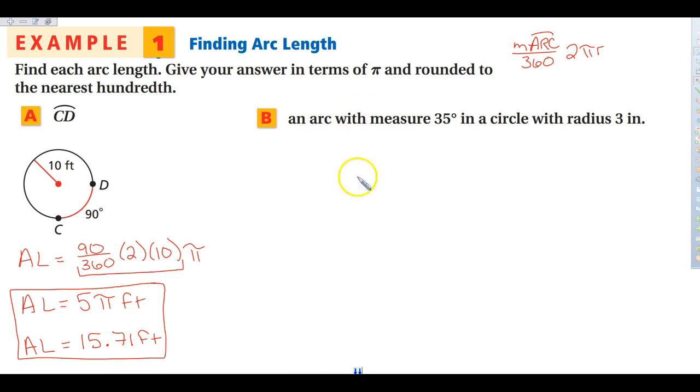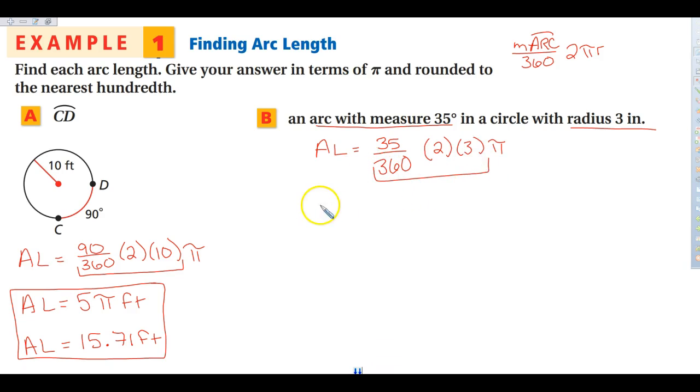All right, we're going to do the same thing over here. We have an arc that measures 35 degrees, and our circle has a radius of 3 inches. So again, for our arc length, it's going to be the measure of our degree, which is 35, over 360, times 2, times our radius, times pi. Now, if you put all of this right here in the calculator, you will get a decimal. So then what we're going to do instead is we're going to multiply 35 times 2 times 3, because remember, these are the same as saying over 1. Okay, when we do that, we are going to get 210